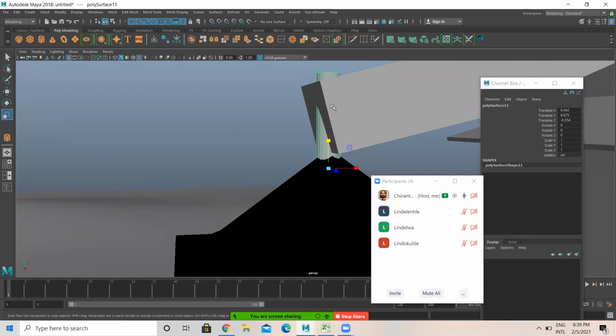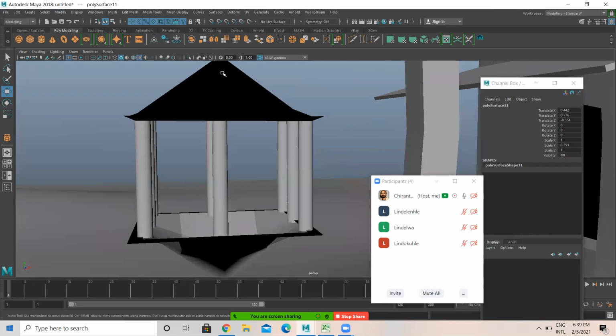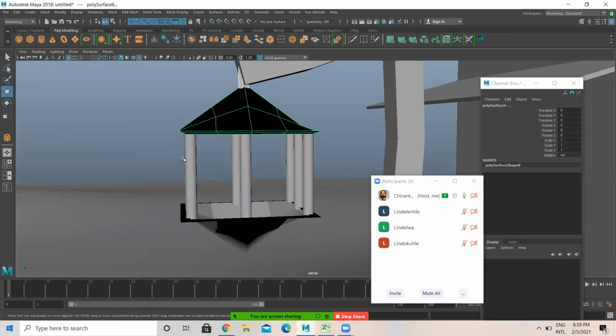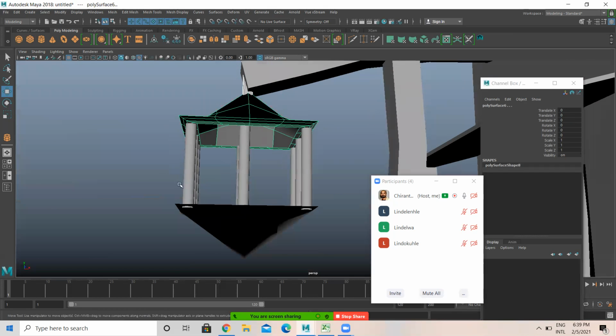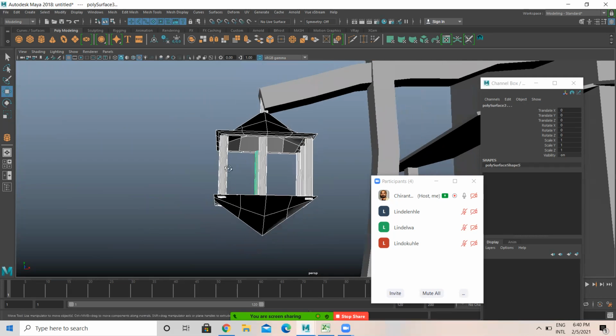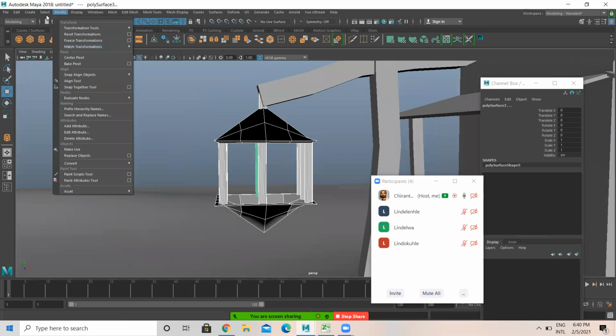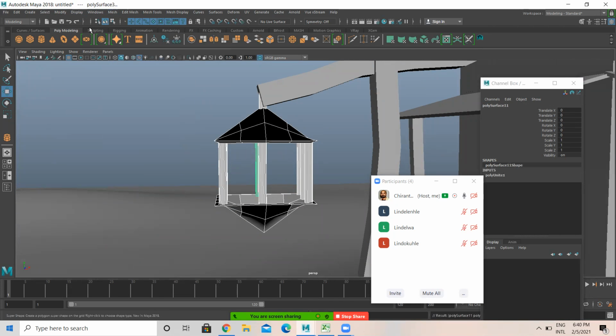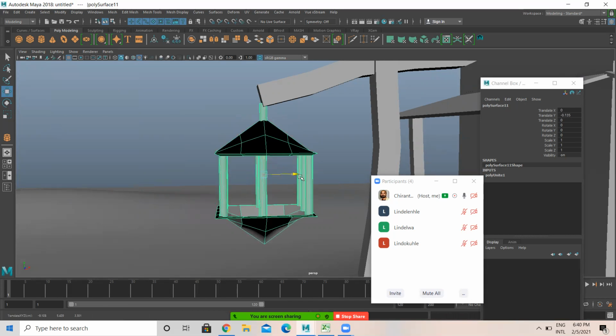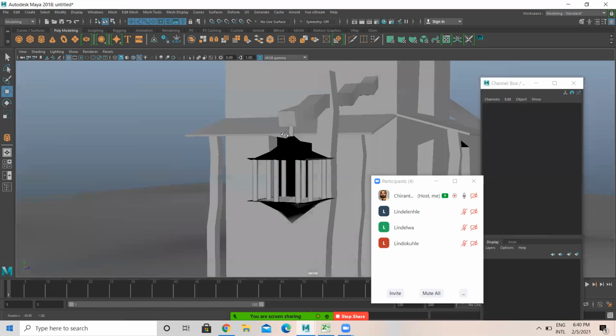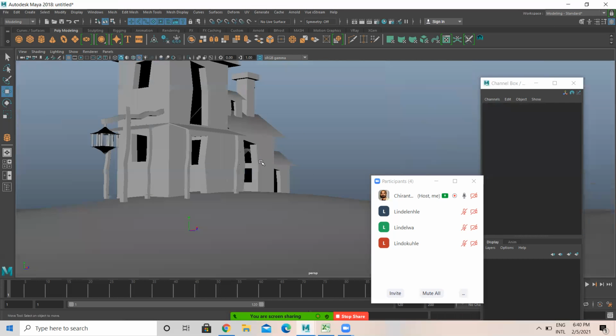Now Mesh, Combine, Modify, Center Pivot. See the pivot point, I'm just placing it like this. Okay, got it. This is one part.